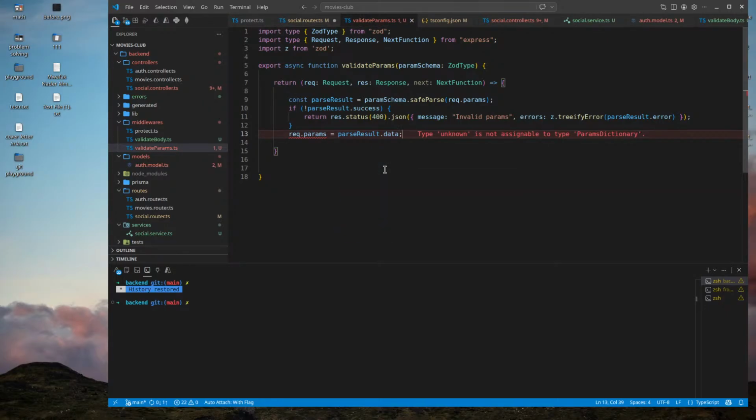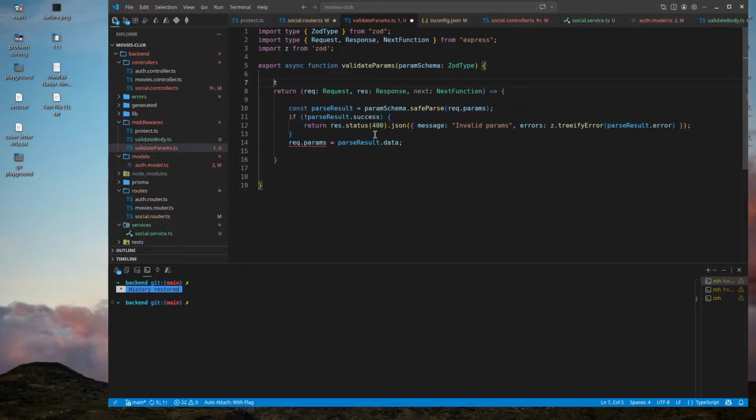He's complaining the type unknown is not assignable to type params dictionary. Okay, because params is unknown. Because we need to say, okay, I don't know if this is correct, you know. Type